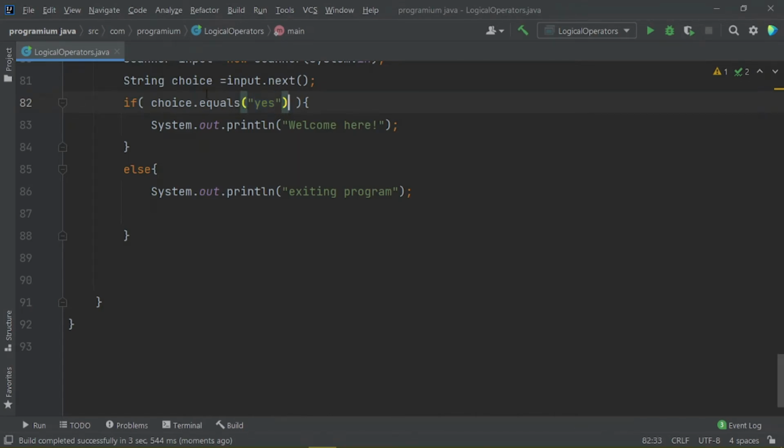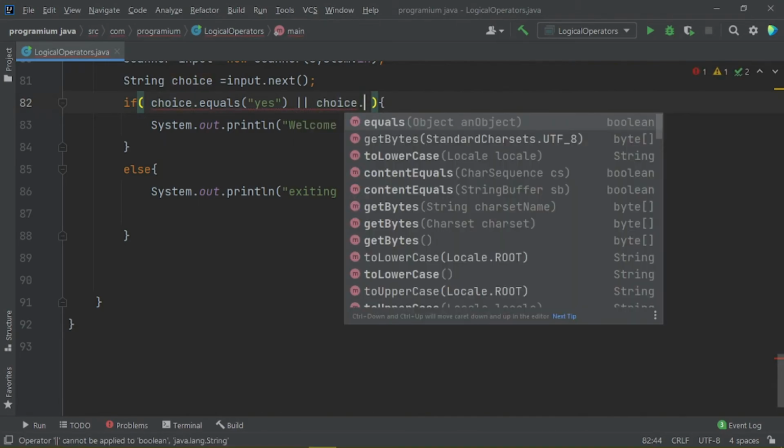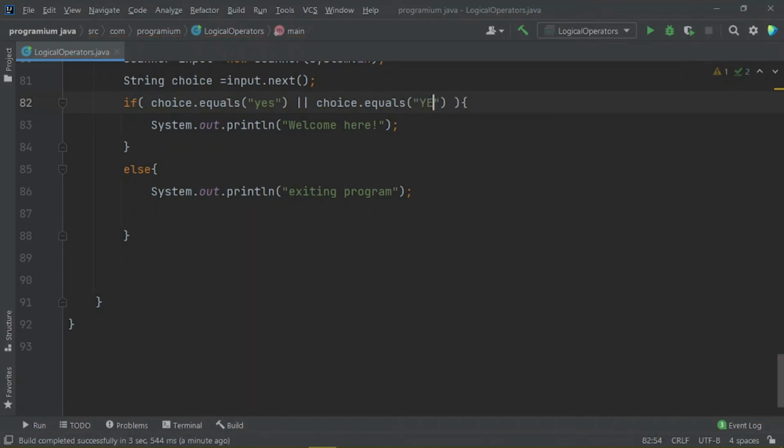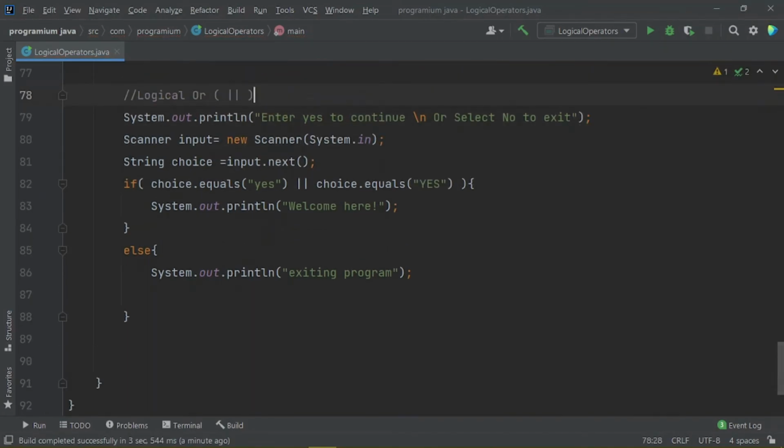One is that either the user enters lowercase yes, or the other possibility is that the user enters capital yes, so let me just write here, equals capital yes. So there could be two possibilities here, either user enters this or enters this.